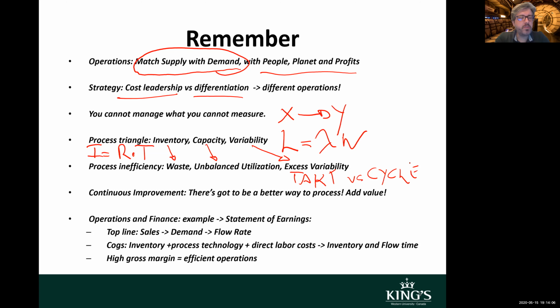And remember, continuous improvement. Every time you're looking into a process, you have to think there's got to be a better way. How do we add value, or how do we subtract time that is non-value added? So any kind of cycle, like a PDCA cycle or a DMAIC cycle, continuous improvement. There's always a better way. And also,